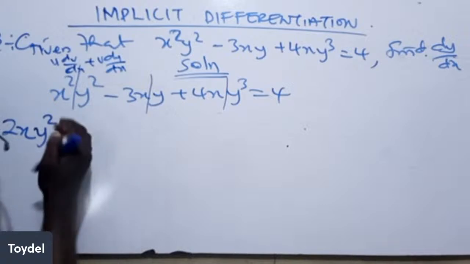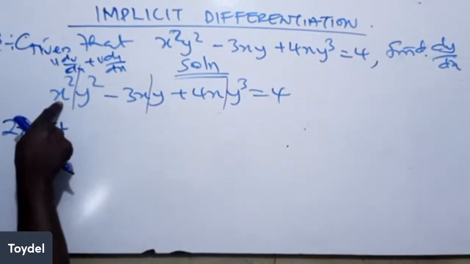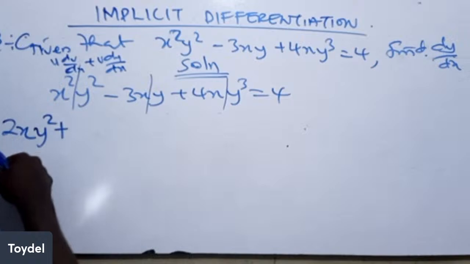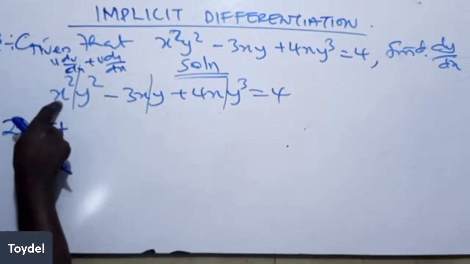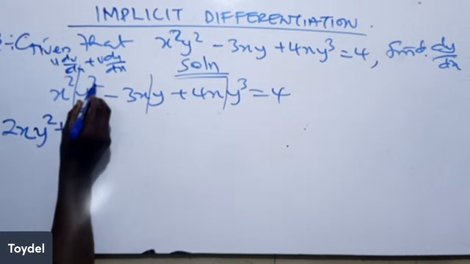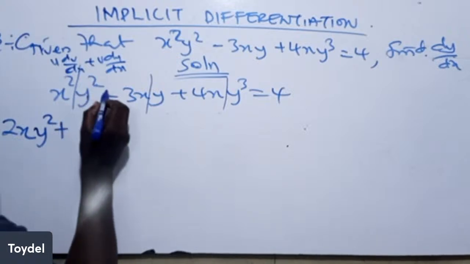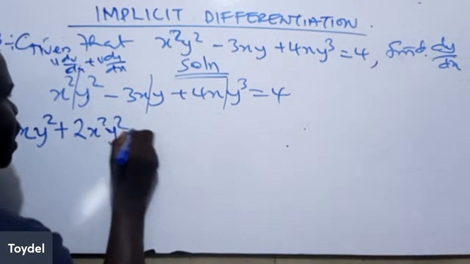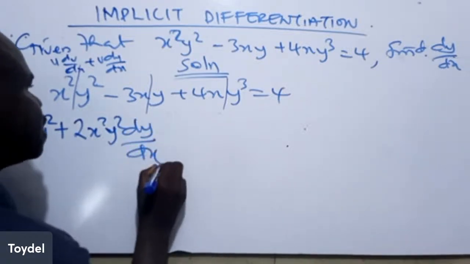That's the knowledge of the product rule. I'm applying the knowledge of the product rule here. When I pick the first one, I'll differentiate the second one. When I now pick the second one, I'll differentiate the first one. So I've differentiated the first one, I pick the second one. I'll not differentiate this, I'll pick this. If I now differentiate 2y squared to be 2y, then I'm going to have 2x squared y squared dy/dx